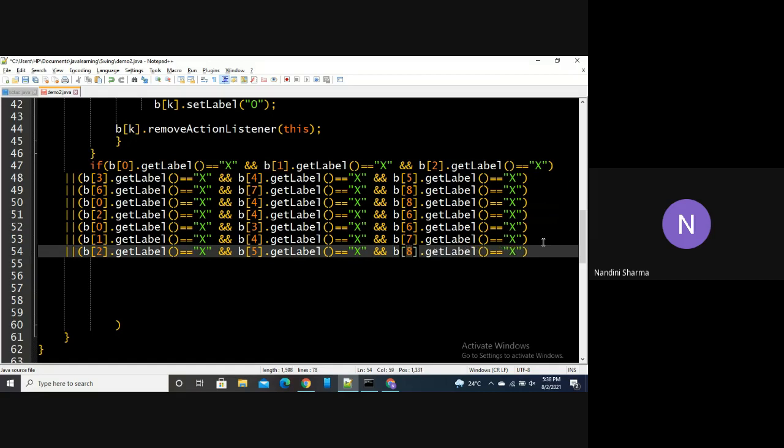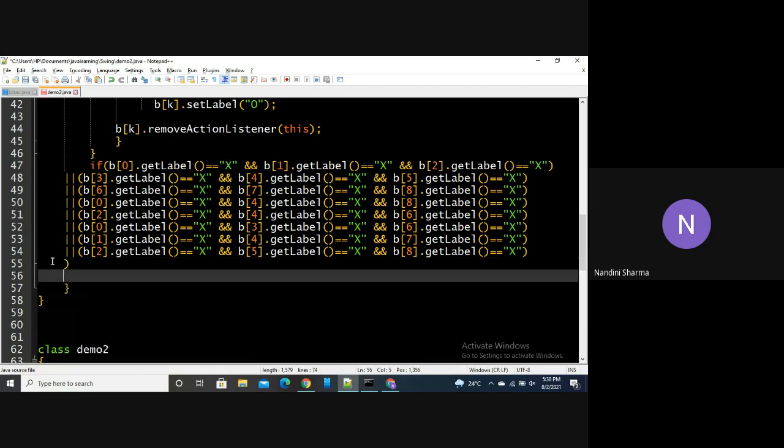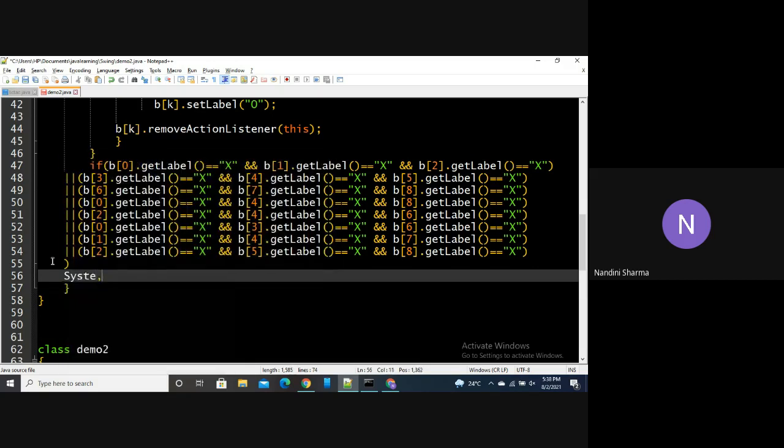I think our conditions for X are done. Next, if any of these conditions is fulfilled, for now we will print in the command line only.